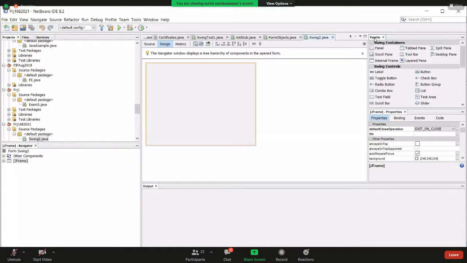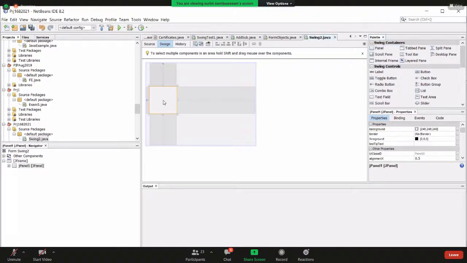As the first task, I will drag and place a panel on the form. The panel control is there under swing containers. This is the panel container. I will drag a panel here and place it on the form. Then I can adjust its size.